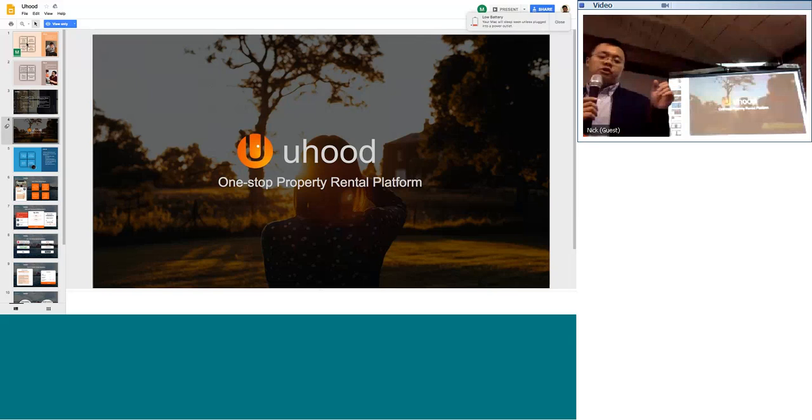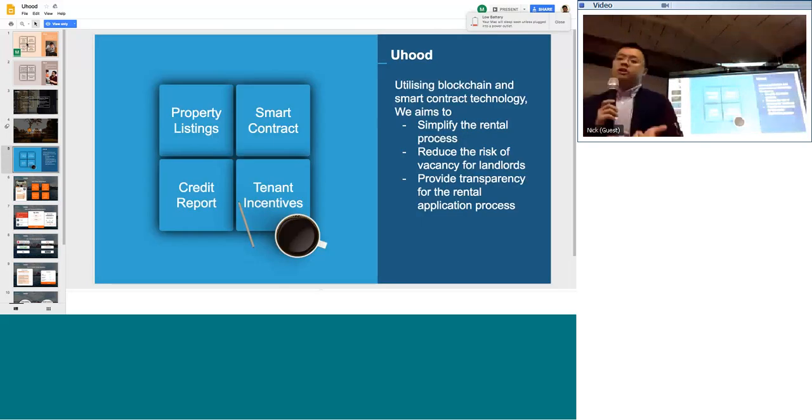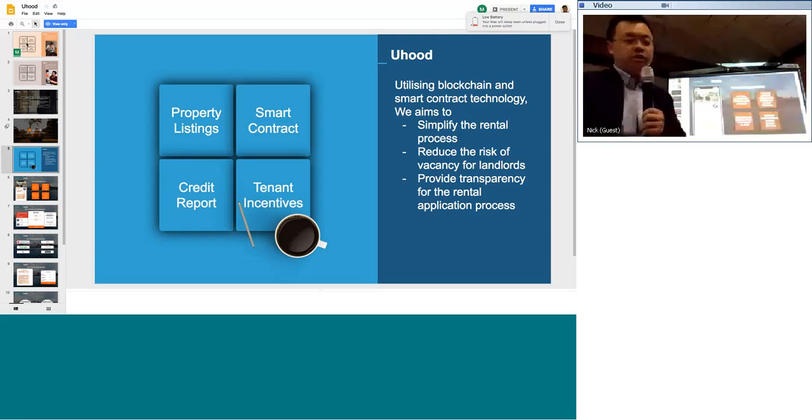So introducing YouFood. YouFood is a one-stop property rental platform. What YouFood is trying to do is utilize blockchain and smart contract technology to simplify the rental process, reduce the risk of vacancy mainly for landlords, and also provide transparency for the rental application process. So in terms of the actual solution we're trying to build,